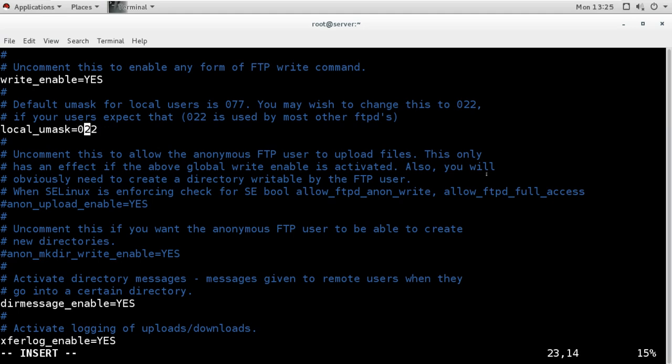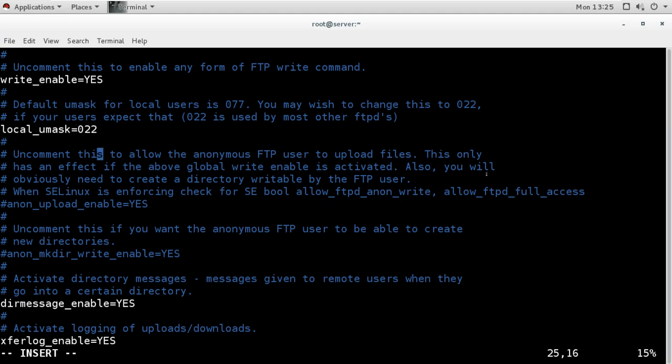That means if any user uploads a file from their own machine to the server, then the file's permission will be deducted by this umask, and the permission will be set after deducting this umask, whatever file it will upload.